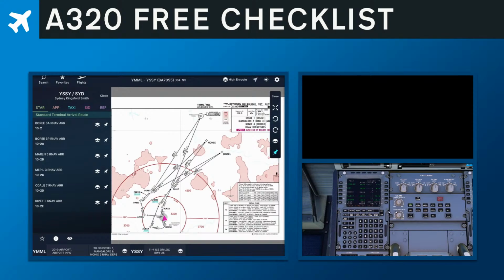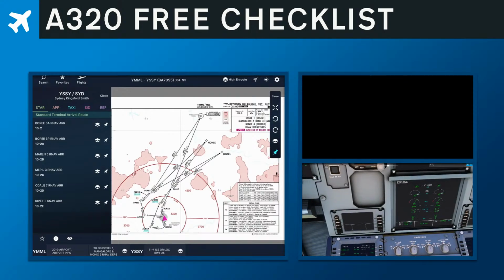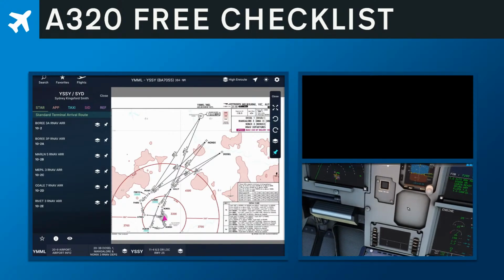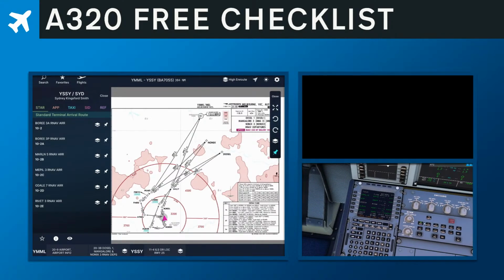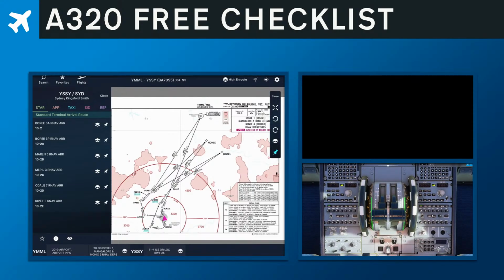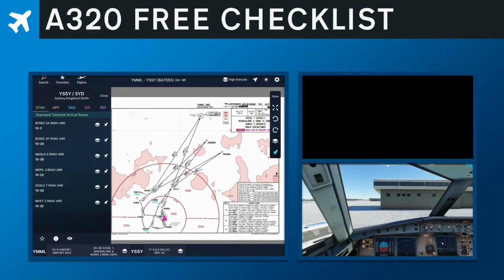Okay, flight plan. Takeoff data. Okay, so as you can see, there's a couple of gaps, but in essence, it's close. Right, so we've done that. Let's just get ourselves back sorted again. And what we're going to do now is basically we are going to request pushback, request taxi,